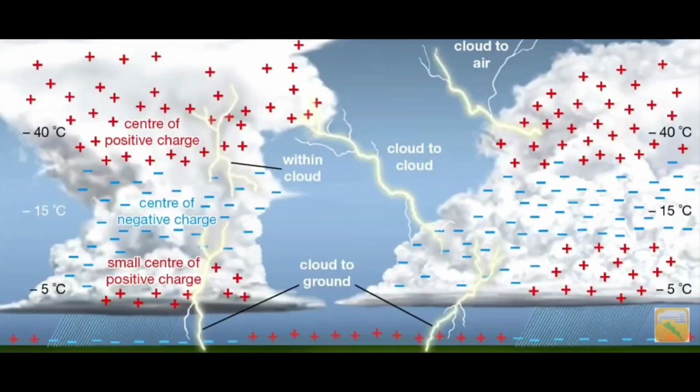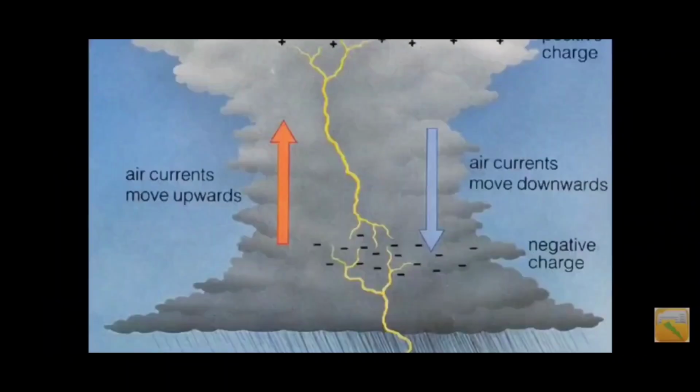Another aspect that should be understood is that in fair weather conditions, the atmosphere is predominantly positively charged, whereas in dark cloud conditions, the atmosphere is negatively charged. In both cases, the charge built up seeks to reach the ground. One reason